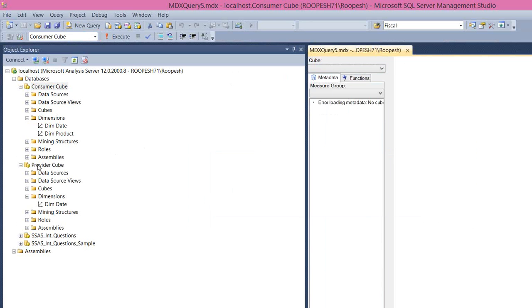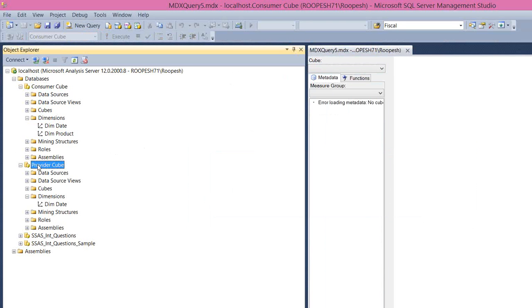Now I have to process this, and that means the source database should always be online. If that one goes offline, then all the targets will go offline. This is one of the major disadvantages. And the second disadvantage is if any metadata changes, as we discussed and as I've shown you, you have to delete everything and redo this work. That is really painful. And the third disadvantage is